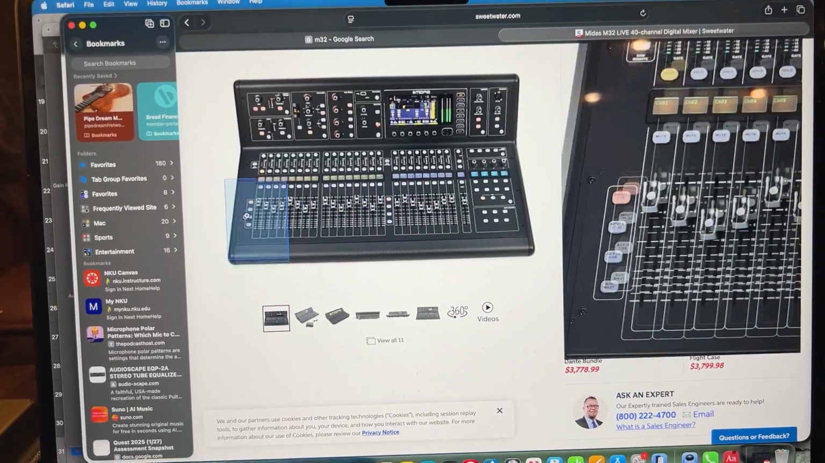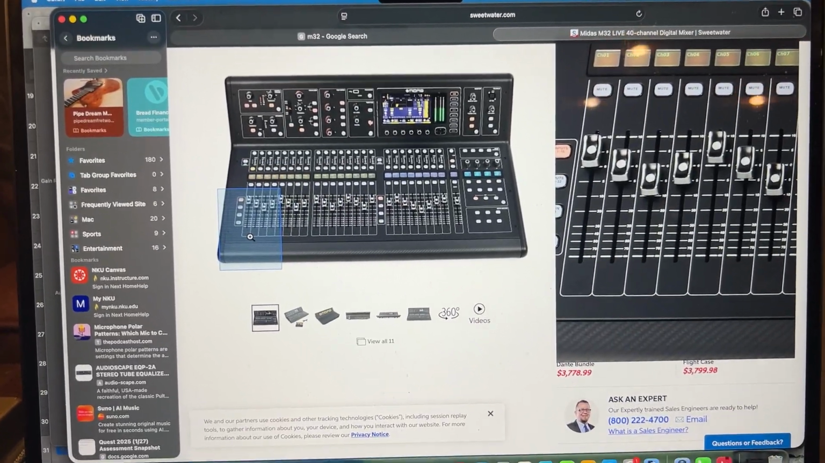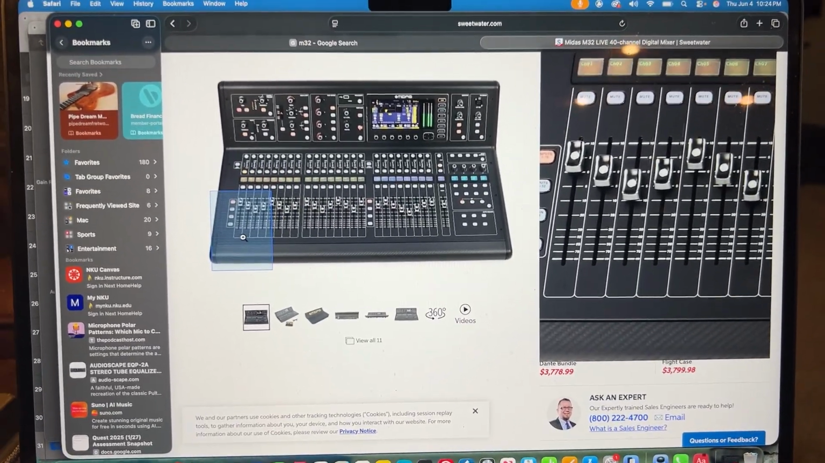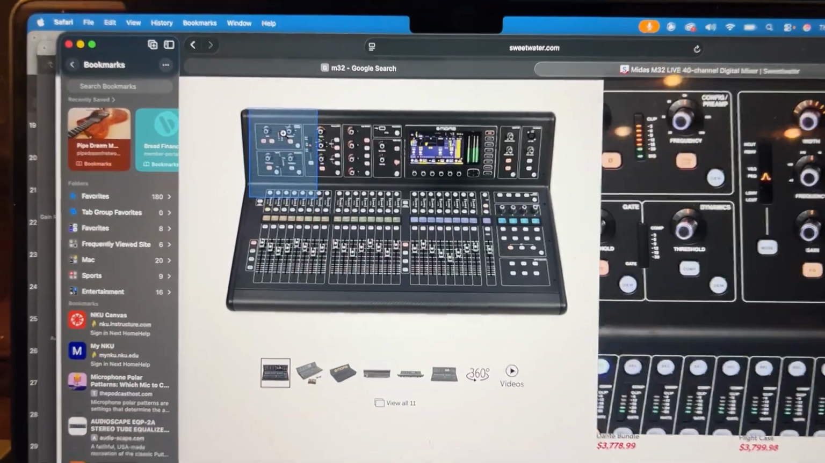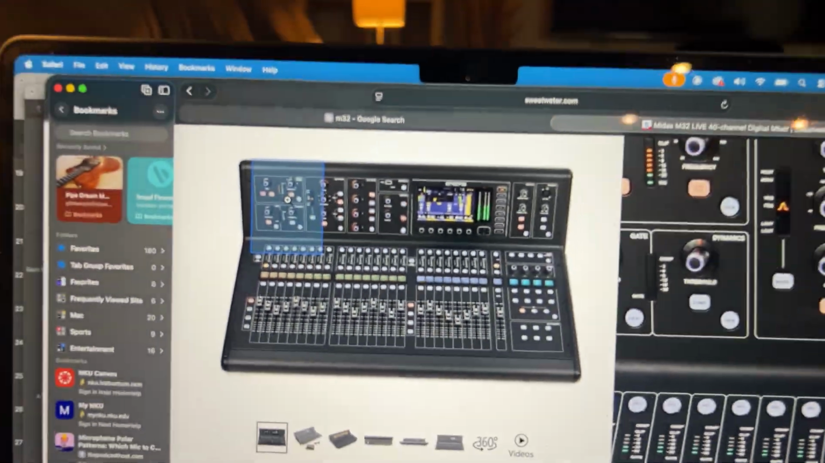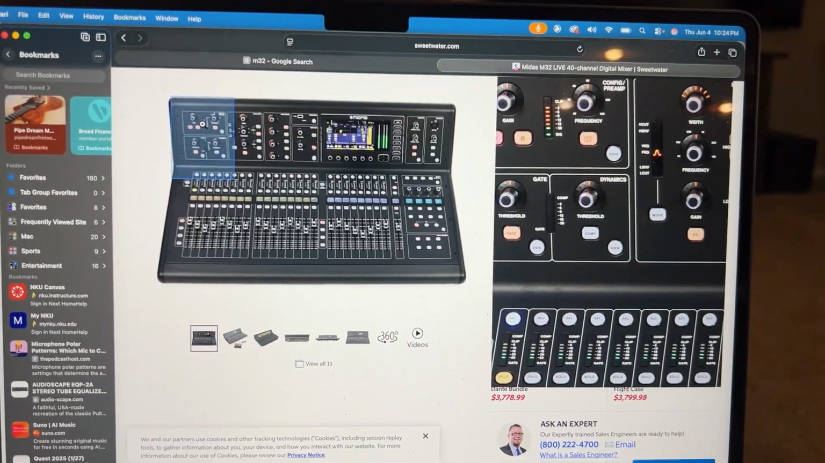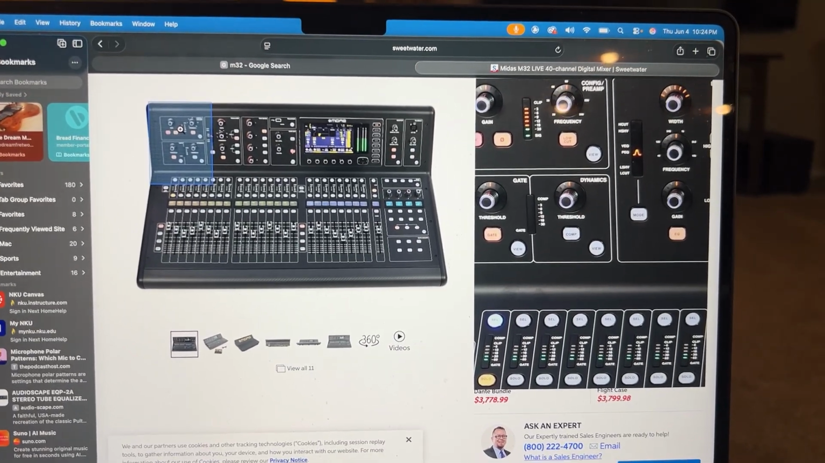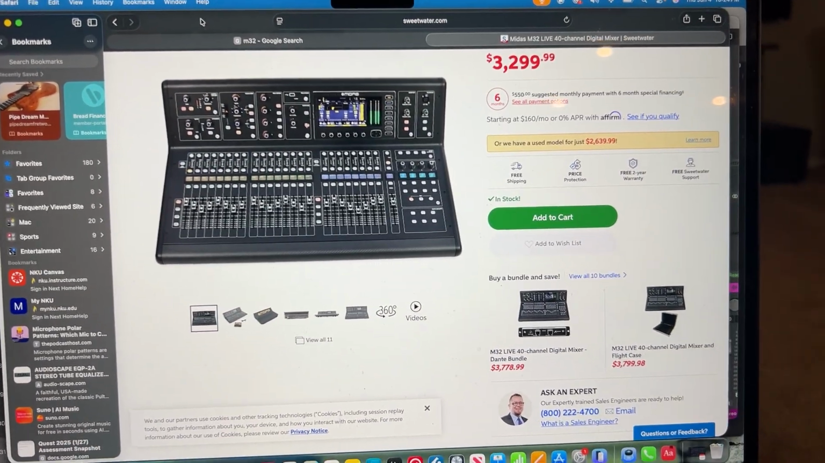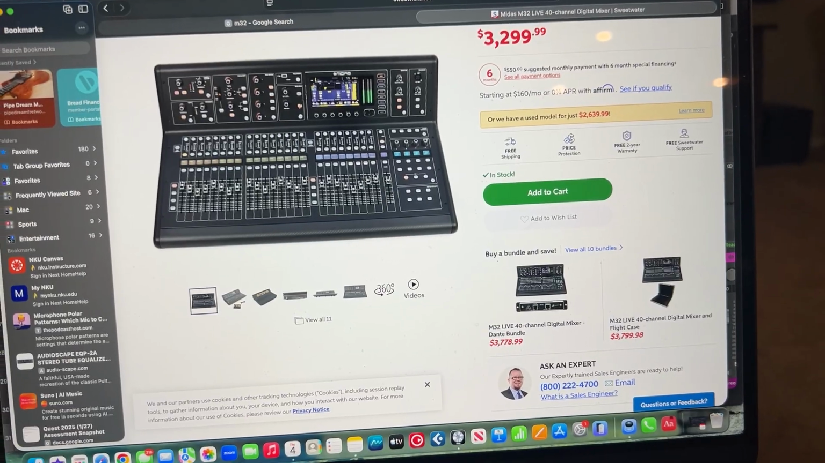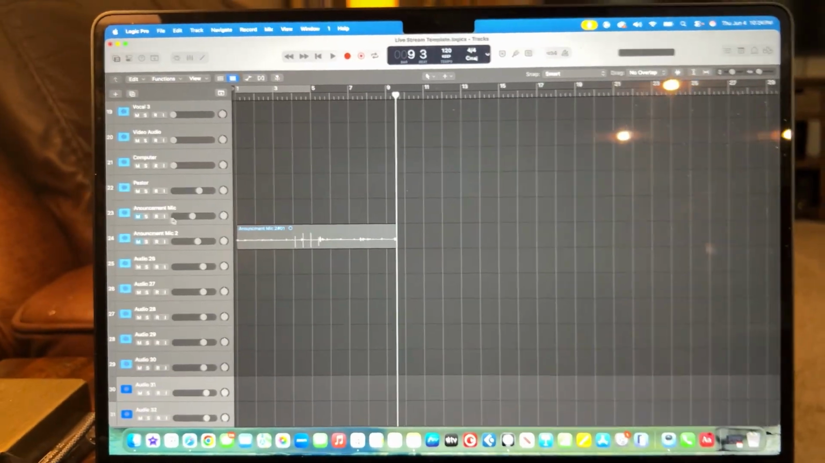Now, the faders on the mixing board do not have any effect on your faders in Logic. The only thing that has an effect on Logic is this right here, and that's your gain stage. Now, this is an M32, but it's the same on an X32. So once you do that, you then have this really cool tool where you can have your own effects and